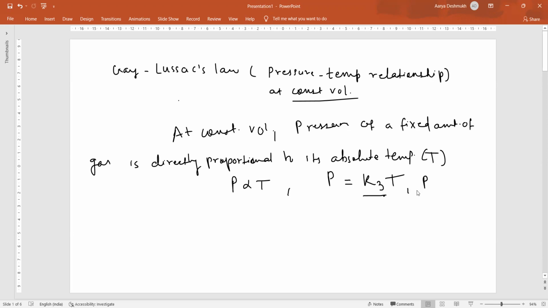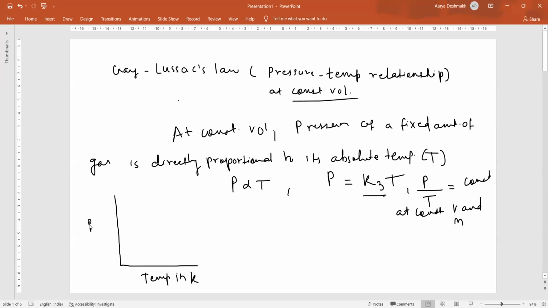If you rearrange this equation, you will get P by T equals constant at constant volume and mass, small m, that is the mass of the gas. If you plot the graph for this particular law, on x-axis, if you take temperature in Kelvin and pressure on y-axis, it goes on increasing in this direction. So you'll get such type of